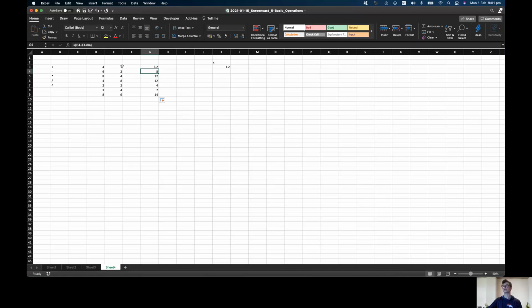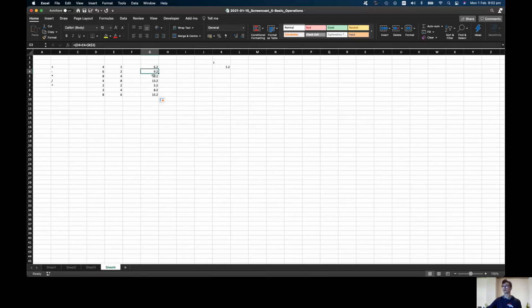What you might have noticed is that the values underneath 6.2 didn't change. If we go to our formula bar at the top here, that's because Excel is trying to copy down the value of C as well, but there's nothing underneath it, so it's just adding 0 to what's in columns D and E. So we can go back to G3, and we can tell Excel to keep the value of C the same for every formula we do, and that is just by putting in a $ sign before the column and the row references. And now when we copy down,